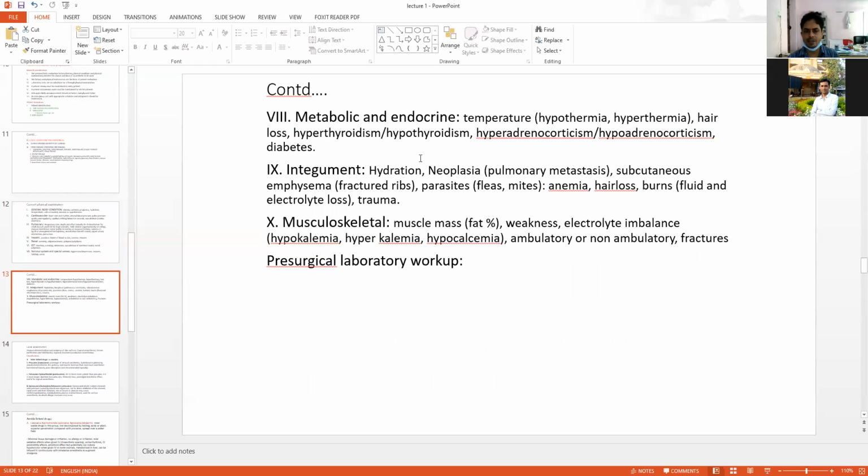Now, metabolic and endocrine. That's why we used to perform all these blood parameters: CBC, LFT, KFT, T3, T4, TSH, all these parameters, so that by knowing all these things, your anesthesia and maintenance of anesthesia and your selection of anesthesia will be very important by knowing all these parameters. Definitely, electrolyte imbalances should also be recorded, like hypokalemia, hypocalcemia, hyponatremia, hyperphosphatemia, all these things.